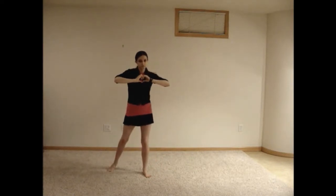Move your hands out and in as you bring your right foot up, then cross it over your left foot. Move your hands out and in as you bring your left foot over to the left. Move your hands again as you cross your left foot over your right foot, then step out to the right